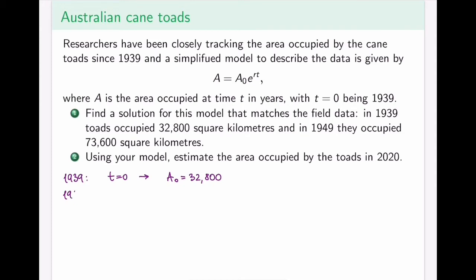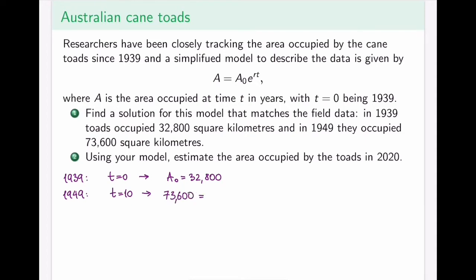The next piece of information I have is the year 1949, which of course corresponds to t equals 10. And I know that the total occupied area was 73,600. So this number corresponds to the right-hand side of this equation. I already know the number for A naught, R is what I'm after, and t will be 10. Okay, so overall, I have the equation